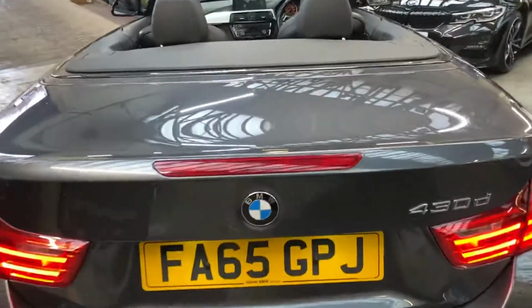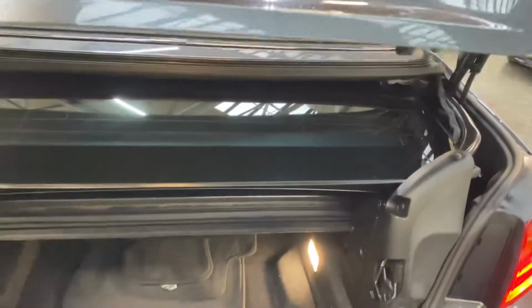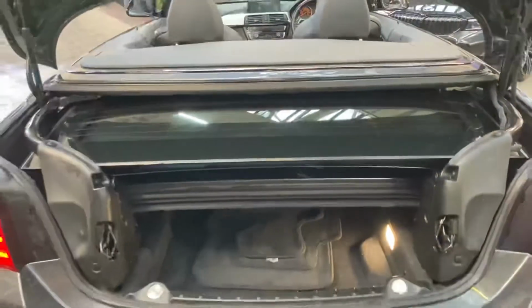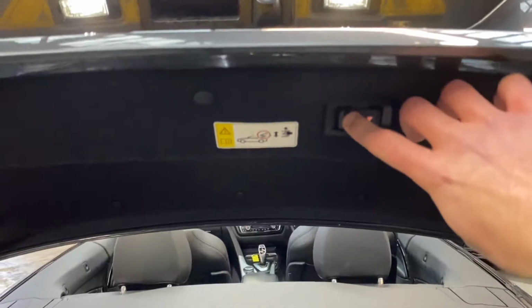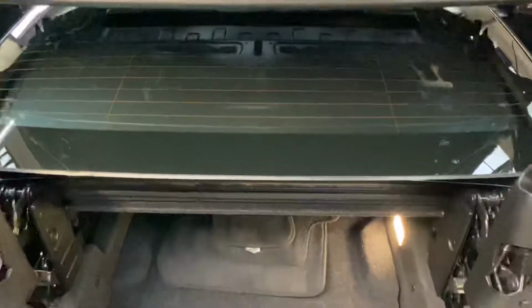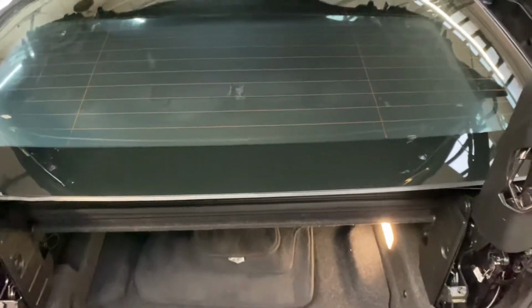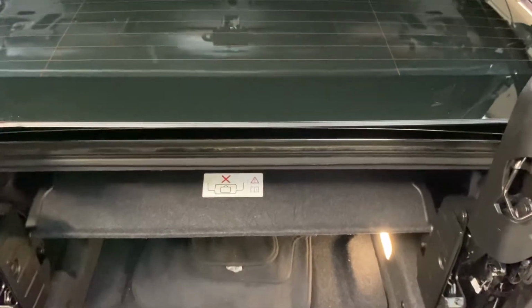And of course, like all folding metal top convertibles, you're often going to think there is going to be no boot space, and currently you think it's exactly the same. However, you are given this little rocker switch which gives you the ability to lift all of the metal folding roof out while stood at the back of the car. Really nifty yet useful tool. Once that's all lifted out of there, you'll be able to see for yourselves that we've got a really usable